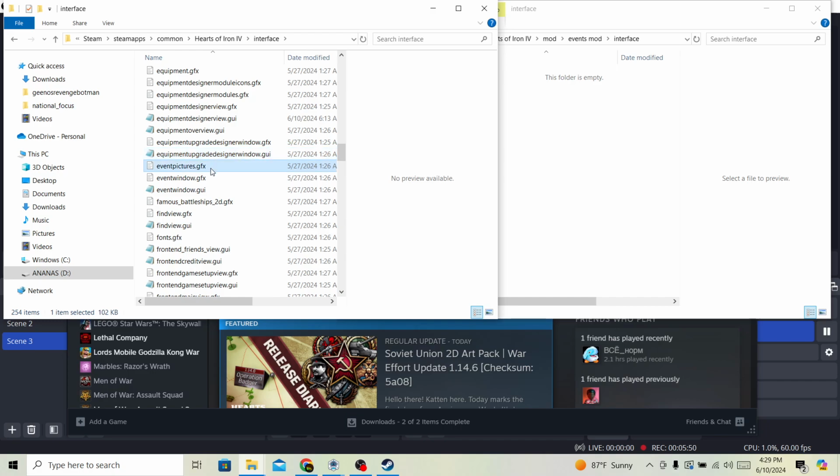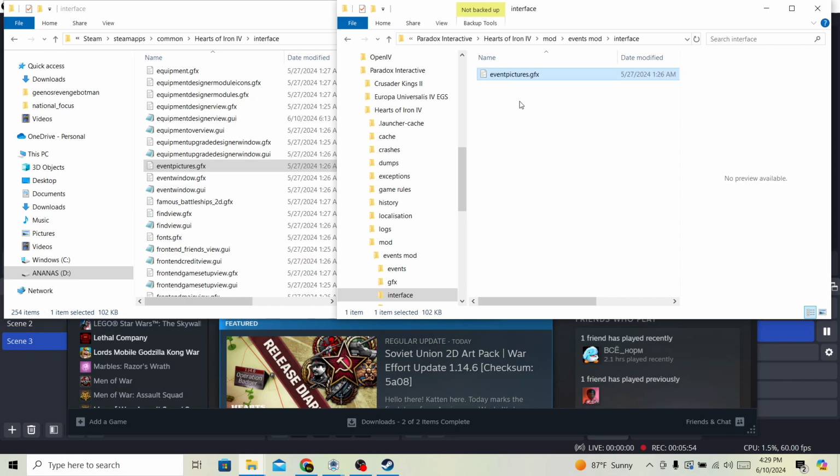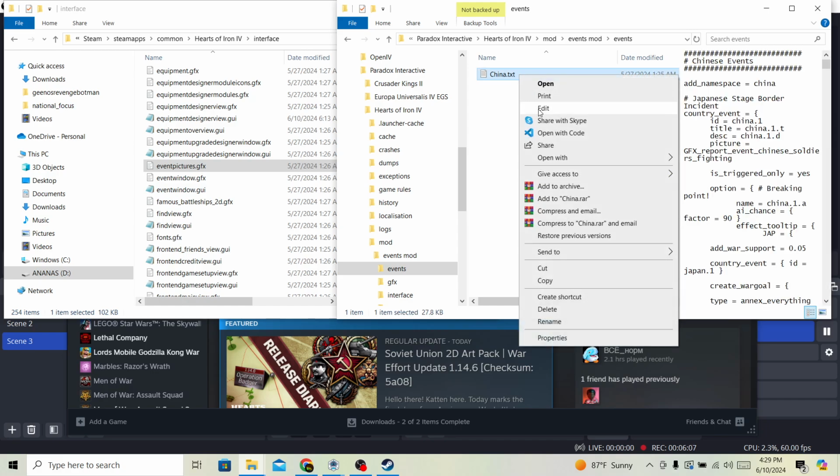Event pictures.gfx, and we're just gonna copy this over. Alright, now we're gonna go back to our events folder right here. We'll grab the localization in a bit. And I'm going to open this in